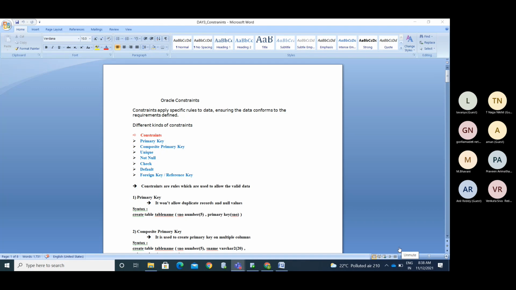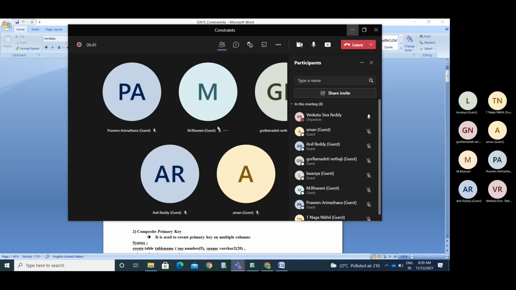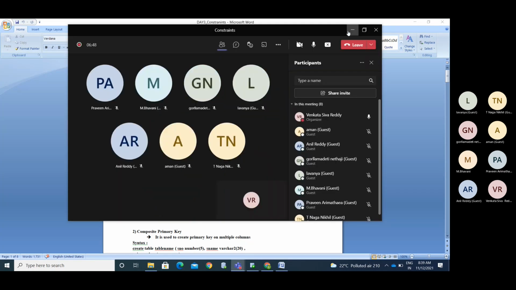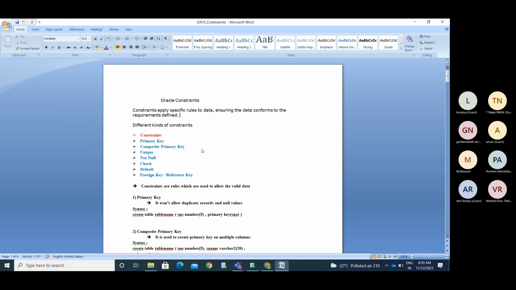Okay, so while inserting the data, suppose you are inserting gender column values. It needs to allow only male or female. If you try to insert values other than that, you need to ensure that.